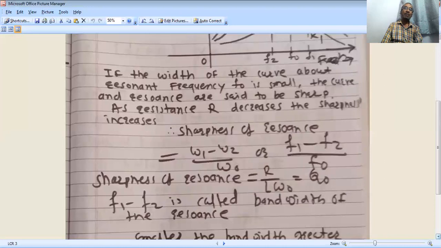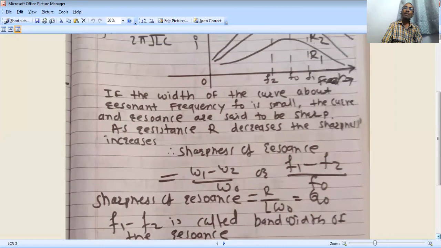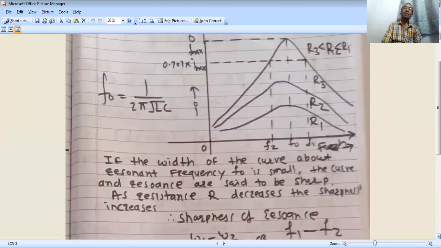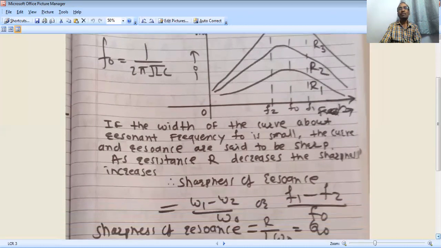Okay. In other words, the sharpness of resonance depends on which factor? Can you tell me, my friends? The sharpness of resonance, my friends, depends totally upon the resistance. If there is an easy path to the flow of current, when the current is maximum, then sharpness is high. When there is more opposition to the flow of current, when the resistance R1 is equal to 1000 ohm, then the sharpness is not observed there.